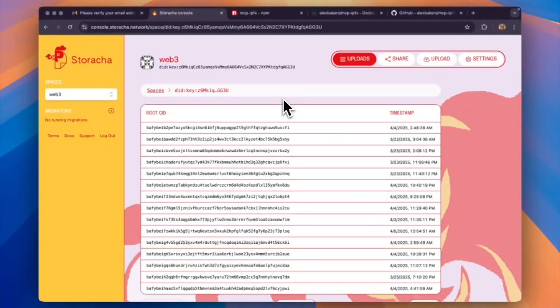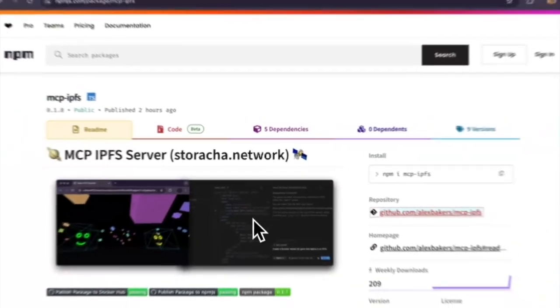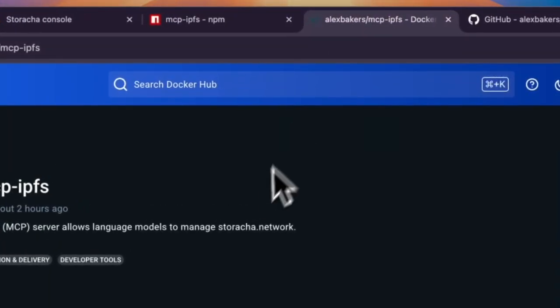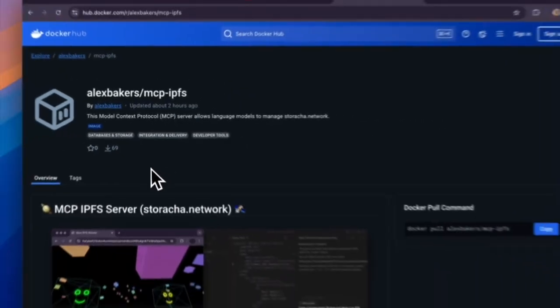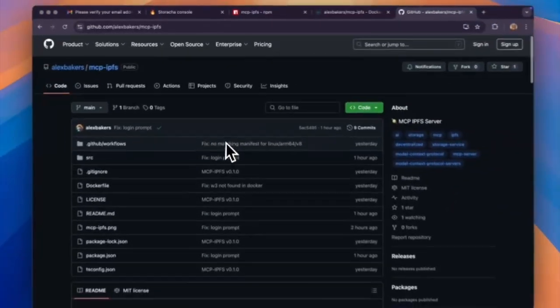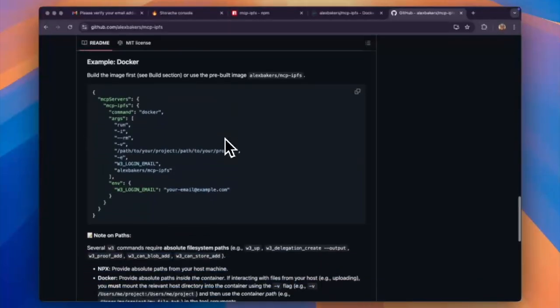MCP IPFS is available across multiple platforms. You can find it on NPM for Node.js integration, Docker Hub for containerized deployment, and GitHub where you can access its complete source code and documentation. For this demonstration, I'll copy the Docker JSON configuration directly from the GitHub repository and paste it into Cursor IDE's